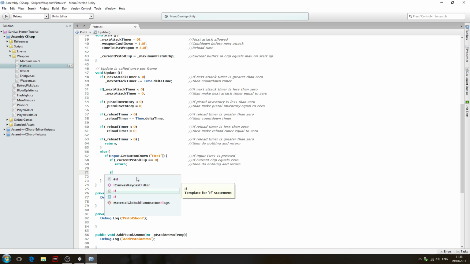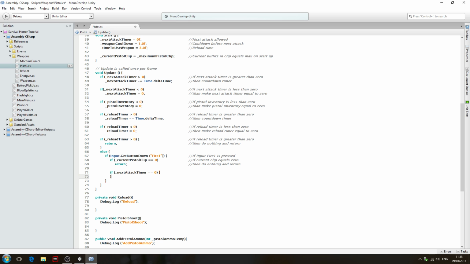And we're going to say if open brackets, underscore next attack timer double equals 0, we'll close brackets. And we'll open and close again. So let's come here first and put in the comment. So we'll say if next attack timer equals 0,